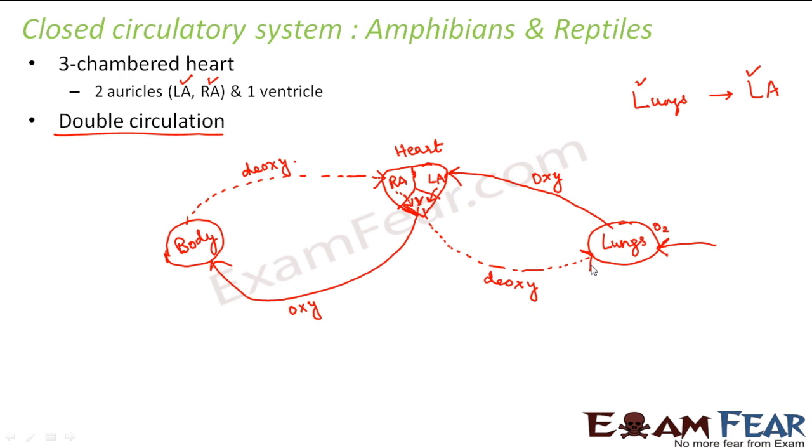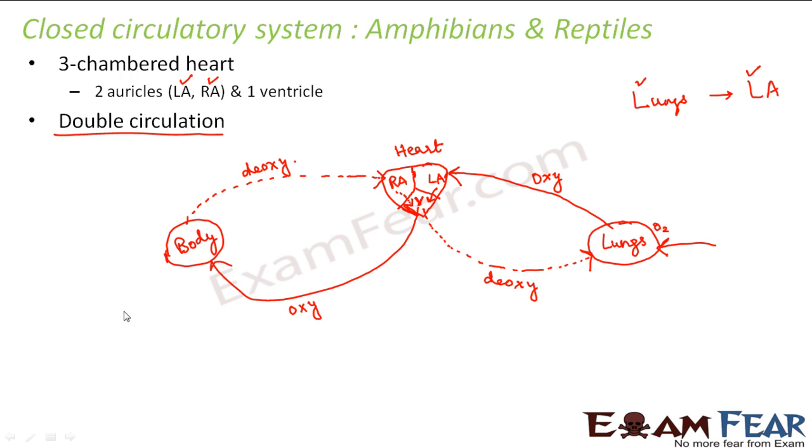Now, another question is, what makes the blood flow from auricles to ventricles? Why does the blood flow? I mean, once the blood reaches the auricle, how does the blood know that it has to flow from auricle to ventricle? The blood has a very high pressure. Since the blood is enclosed inside blood vessels, therefore the blood has a good high pressure. And because of this pressure, the blood is made to flow from auricles to ventricles.